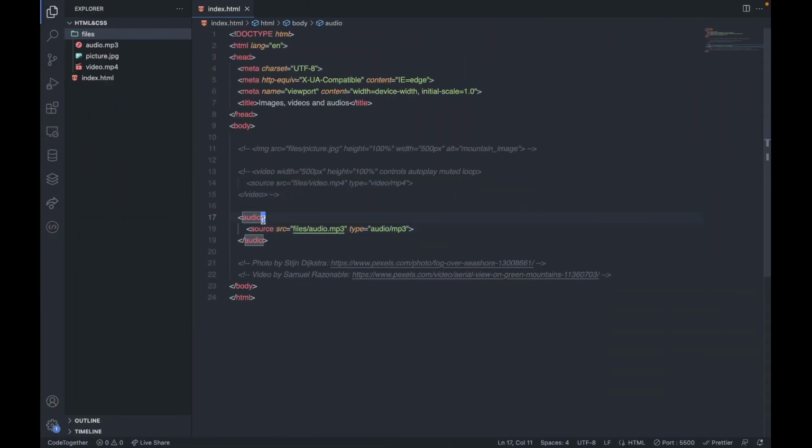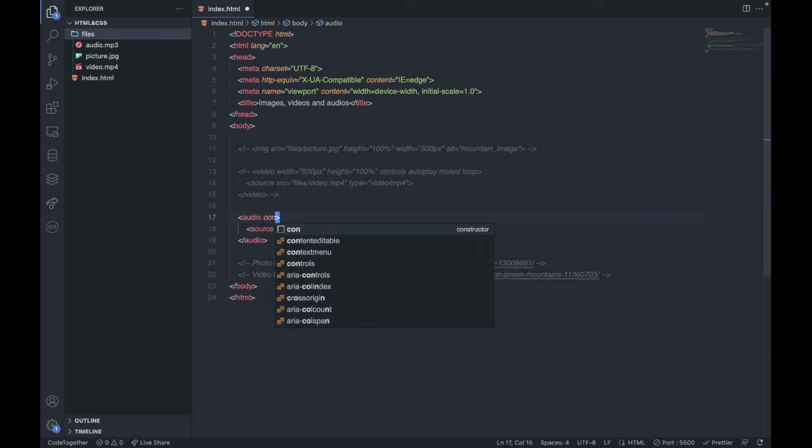Now, the reason this is happening is because there is an attribute you have to put to make the browser give the user control over the audio playing. And this attribute is simply controls. And once you add the controls, you can go back to the browser and there you go. These are the controls. And if I play this,